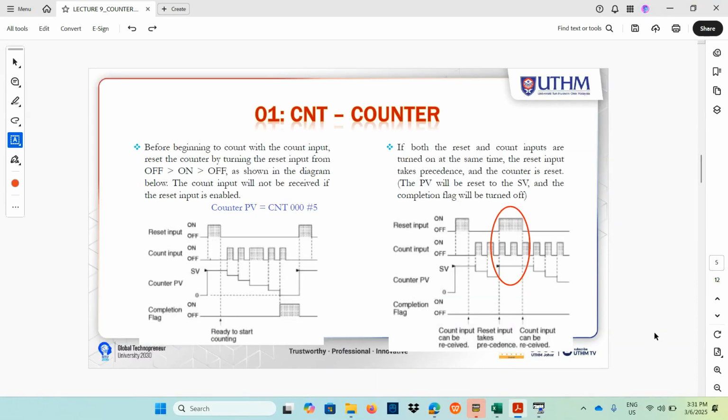Okay, let's continue with this condition. Before beginning to count with the count input, reset the counter by turning the reset input from off to on to off. What it means is, if we want to control our system, the first thing we need to do is reset the system. By pressing the reset input first, it will then count continuously depending on the count input. If you press the reset button, counter PV will be set to 5,